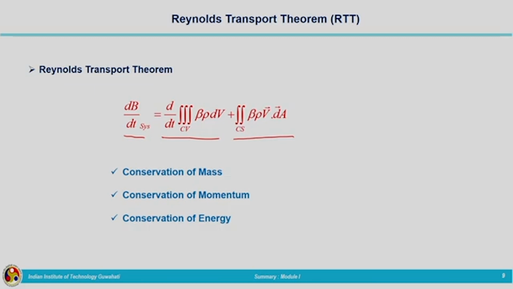After that, we have seen some numerical examples for understanding the mass balance equation. The mass balance equation is nothing but our continuity equation. Two numerical examples we have seen in this module. In the next lecture, we will be moving on to the second module related to hydrologic processes. Here I am winding up the summary of module 1. Thank you very much.